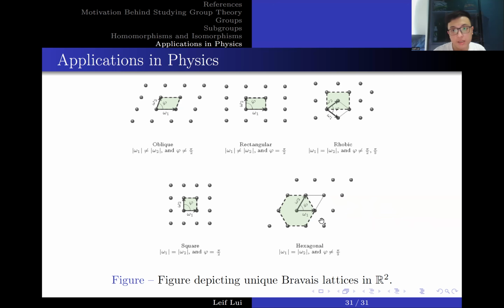So basically, in short, this shows the power of group theory, because by exploiting symmetry, we eliminate all other possibilities of Bravais lattices, and we show that in 2 dimensions there are only 5 types of Bravais lattices. And even though in this lecture I did not talk about quantum mechanics, despite this whole series being about quantum mechanics, I've discussed group theory in depth.